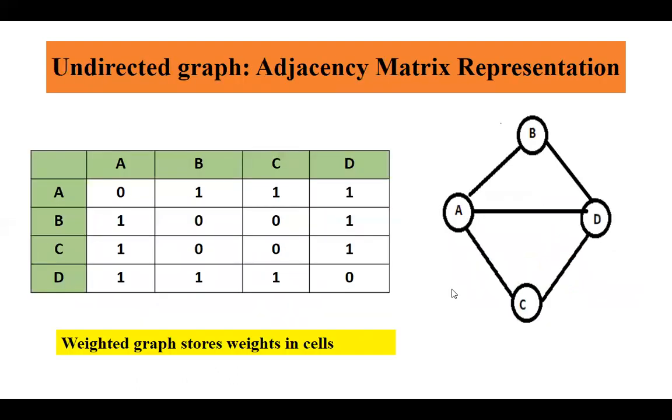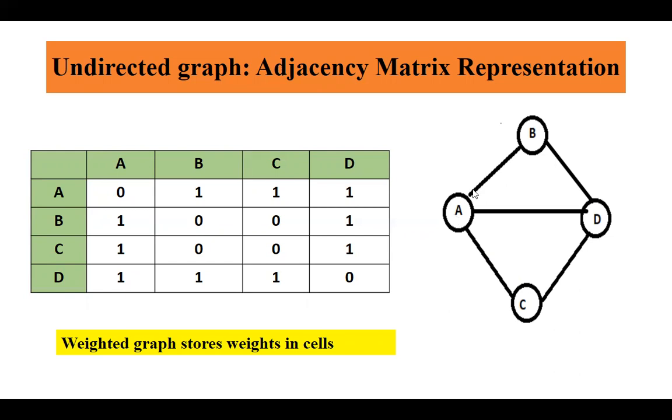Let us look at an example and see how it is represented. Now this is an undirected graph and this is the adjacency matrix related to this undirected graph. Now remember there are no weights on the edges. If there is no weight on the edges, then if there is an edge between A and B, you represent it as 1, right? The presence of an edge is represented as 1 and absence of an edge is represented as 0, because there are no weights.